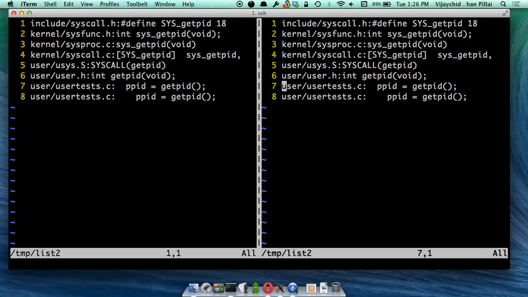Everybody can still see, right? Hopefully, yes. All right. So let's start with user